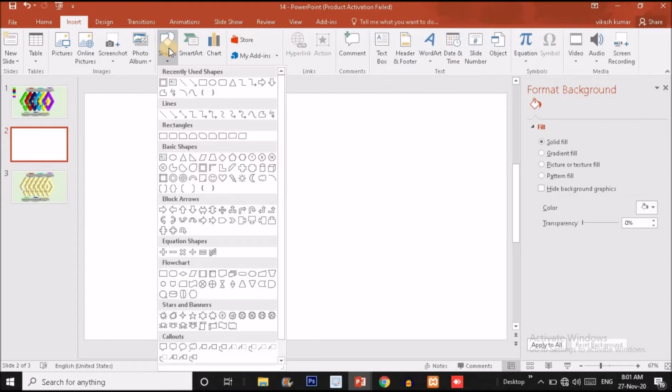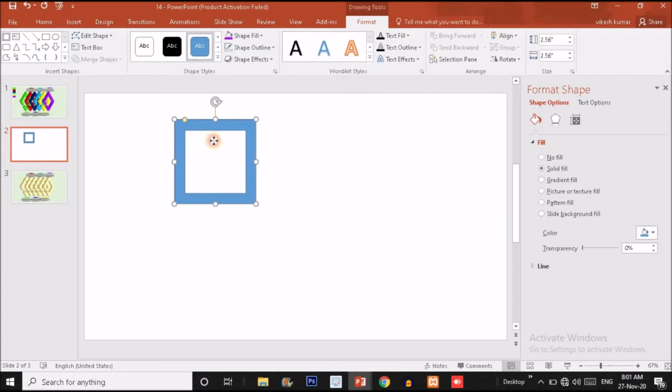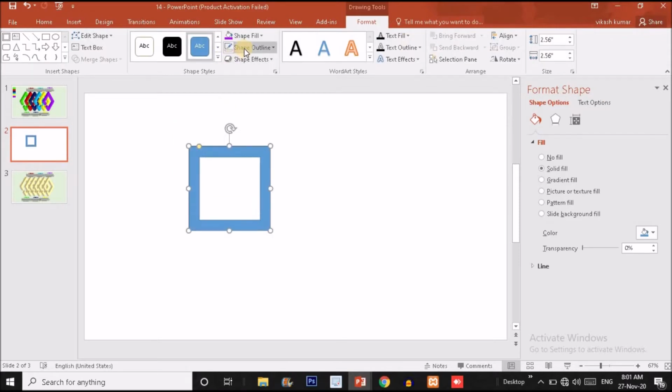so click on the insert option. Here you will find shape options. Click on that and choose this particular option called frame option. So press Ctrl and Shift together and drag it outward to make a square like this, a frame like this guys. Okay, after this you just have to make it no outline by clicking on this option,